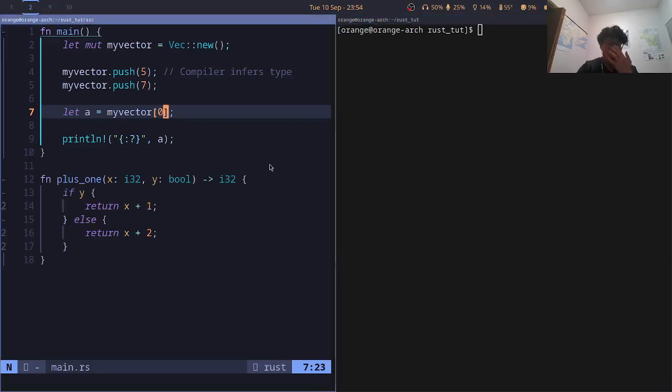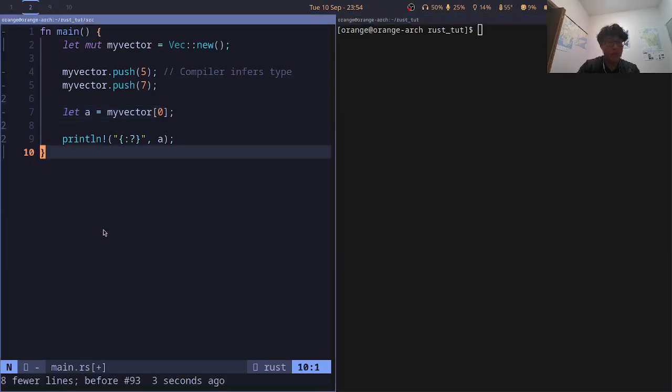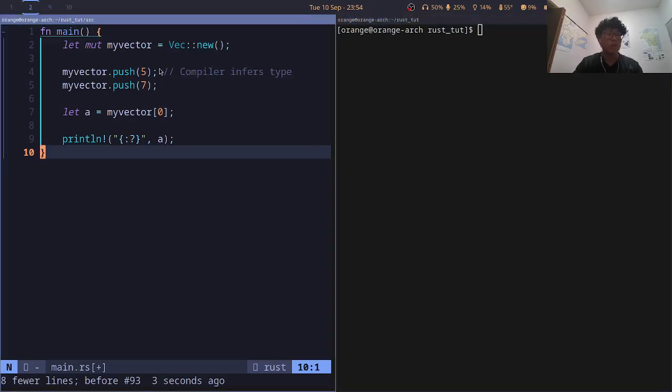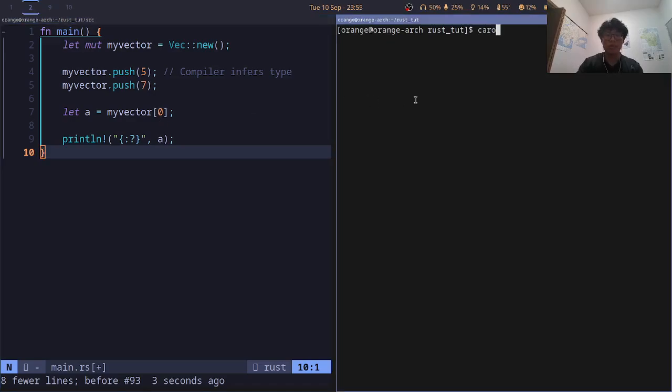So here is my setup. On the left here that you see, we have the code, and on the right here I will run the program. So here again, I've defined the vector as we've seen here, exactly the same as in the slides. We have a my vector, and then we push 5 and 7 into it. Now I'm going to use square bracket to index it, and I'm going to index 0, right? So I'm going to run it,